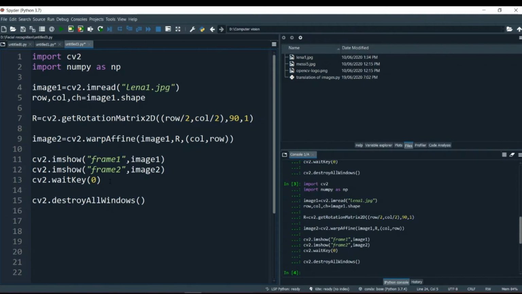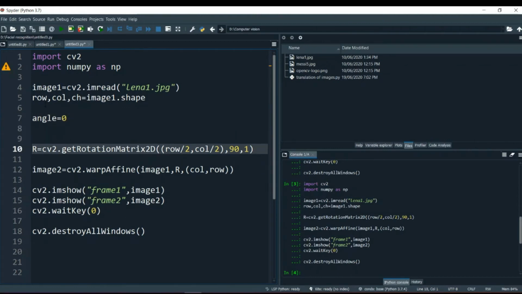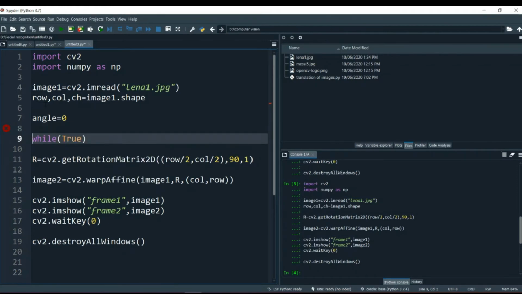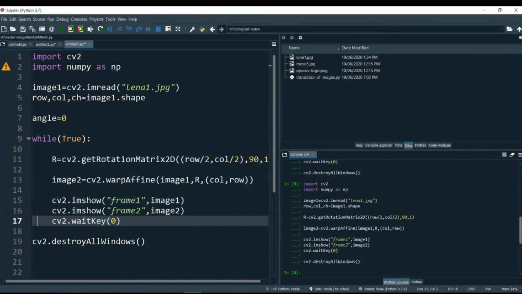Now, as earlier in the translation of images, where we created an animation, the same animation we can create over here. All we have to do is create a variable angle equal to 0 earlier. Okay, and then we will create a while loop, and we'll give it True, and we will put all of this code inside of it, and again we will put a breakpoint, so we will keep it in a variable,